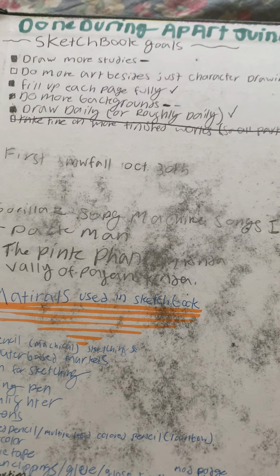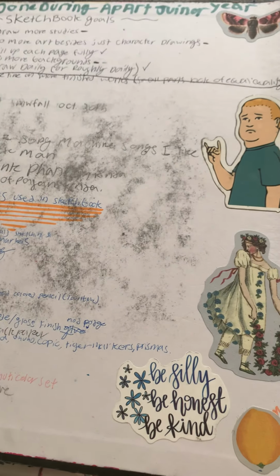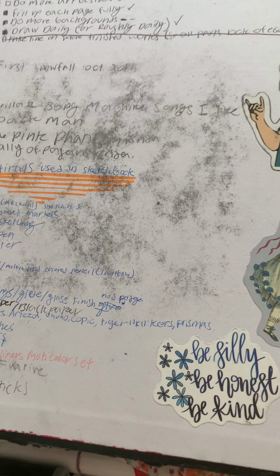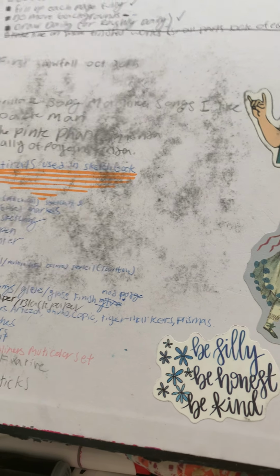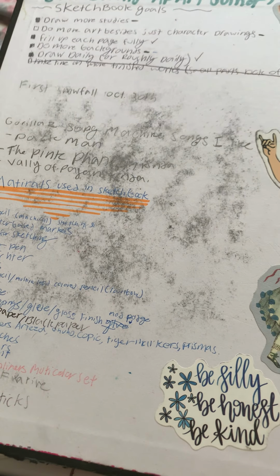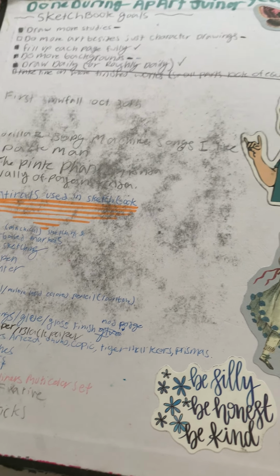And then I wanted to draw daily. For the first half of the sketchbook, I drew daily for roughly 50 pages. I was drawing daily. So I did at least 50 days of daily art. Every day I drew something. However, I didn't complete it because after like 50 days, I kind of stopped drawing daily, but that was because